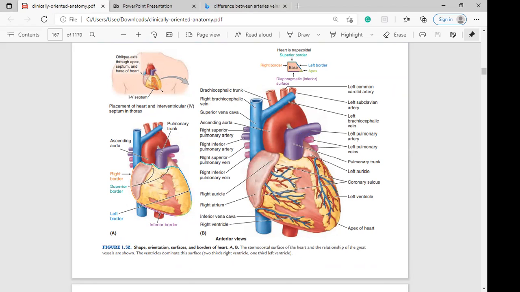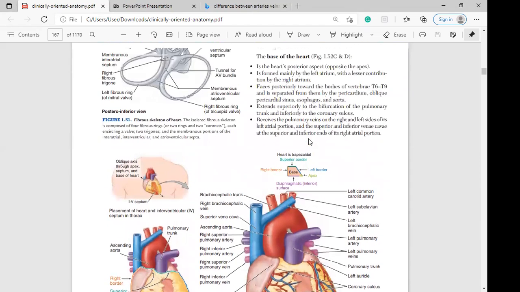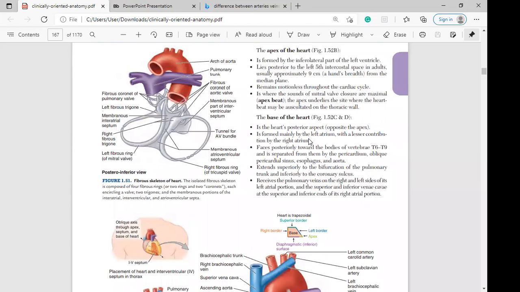So from here down like this to the back of the heart, to the posterior aspect of the heart, forms what we'll call the base of the heart. Now, the base of the heart faces posteriorly toward the body of the vertebra, the bone. Okay, so the base of the heart is facing the vertebra,